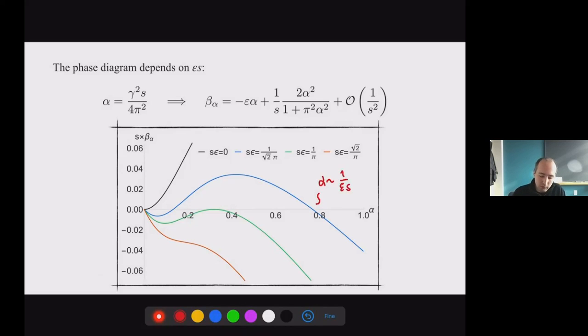But we also find a new one that at small epsilon corresponds to alpha of order 1/epsilon. So it's non-perturbative in the standard approach. This fixed point is unstable towards the one that I mentioned before on the left, and on the right is unstable towards strong coupling. The two fixed points merge at epsilon equal 1/pi, and eventually for epsilon larger than 1/pi, so here I plot for instance epsilon equal root 2/pi, there is no fixed point.